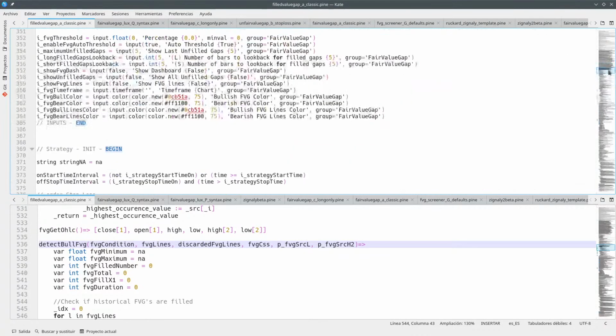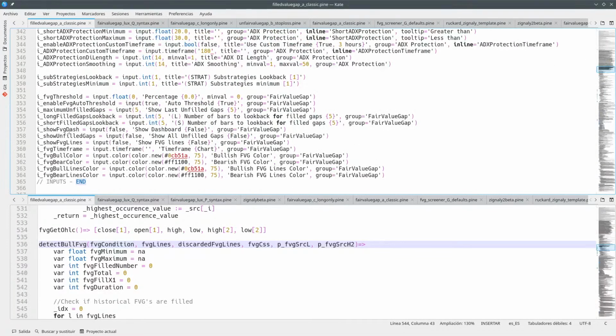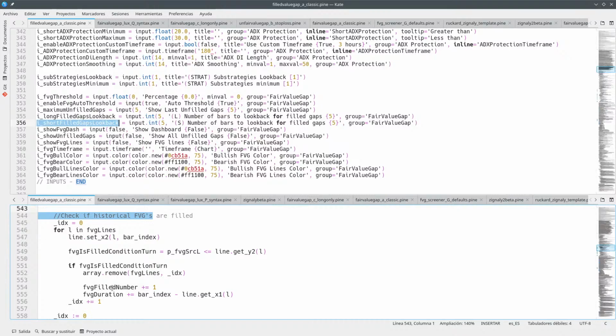So what we have up here are the long filled gaps lookback and short filled gaps lookback. So this is what you want to do here. You only want to increase this number if the filled condition is true, and if